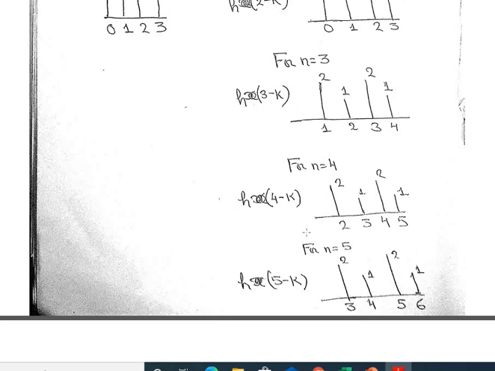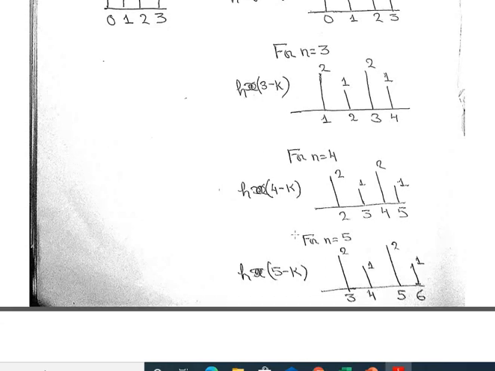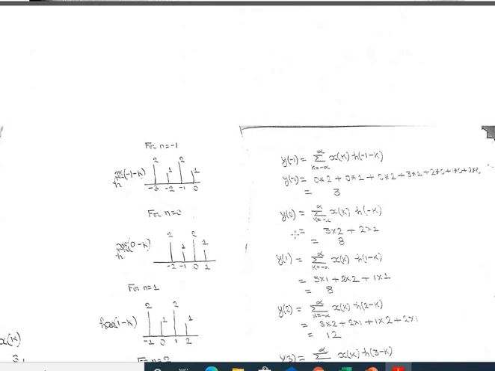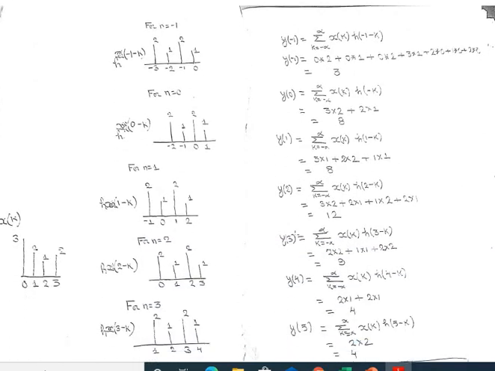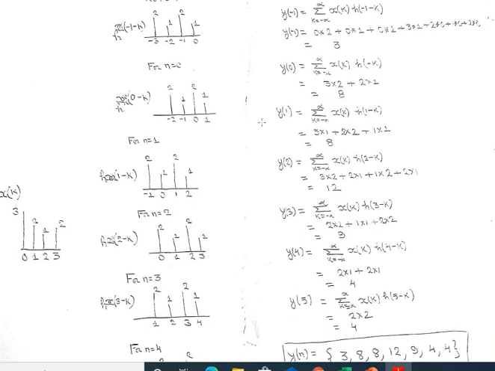So that thing we have done. Next, we have to find the elements of the output. So how do we find them? Look here in this graph, if this is our x[k] and this is our h[1 minus k], we already know that we have to find the first element of our output, that is y[-1]. So y[-1] means what? We have to compare this one, and we have to find which is the common sample in both the graphs.